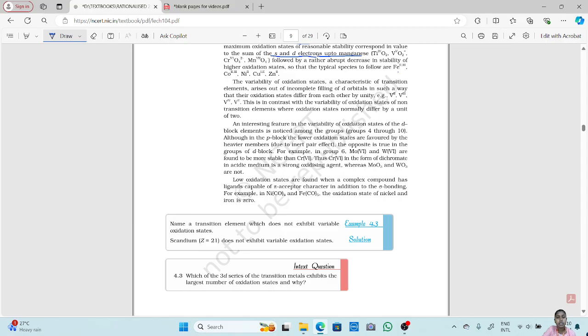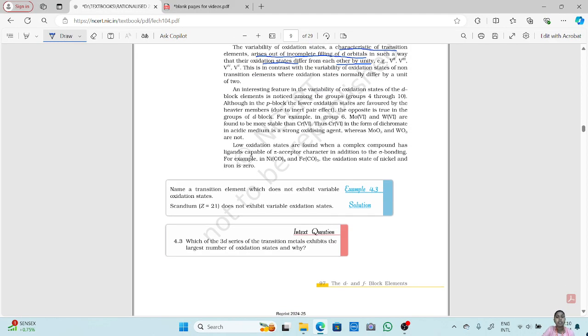Now, the variability of oxidation states, characteristic of transition elements, arises out of incomplete filling of d orbitals. There is an increase and then a decrease. That characteristic of transition elements arises out of the incomplete filling of d orbitals, in such a way that the oxidation states differ from each other by unity. But in other non-transition elements it shows a difference of 2 units, whereas in transition elements it shows a difference of 1 unit. Okay,